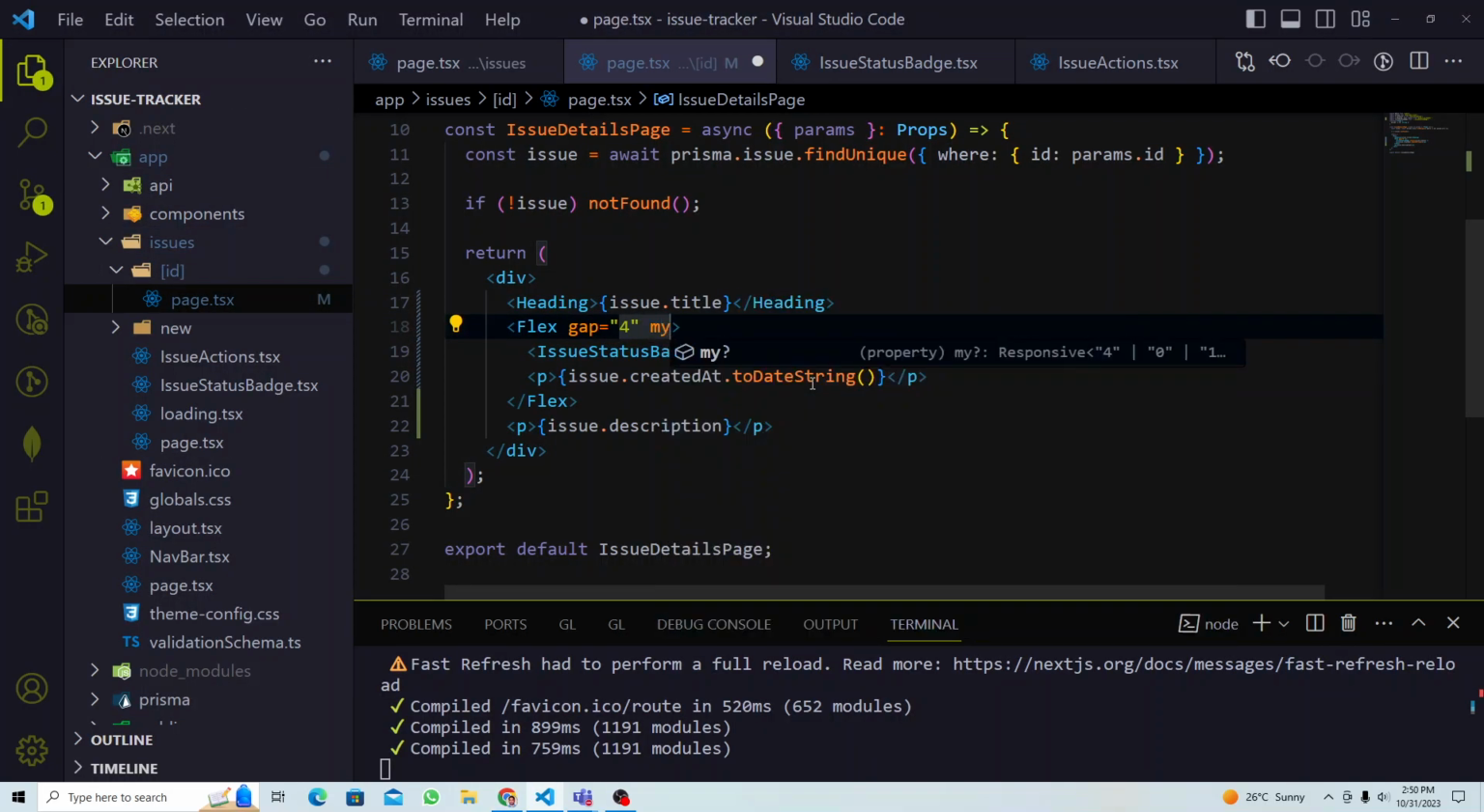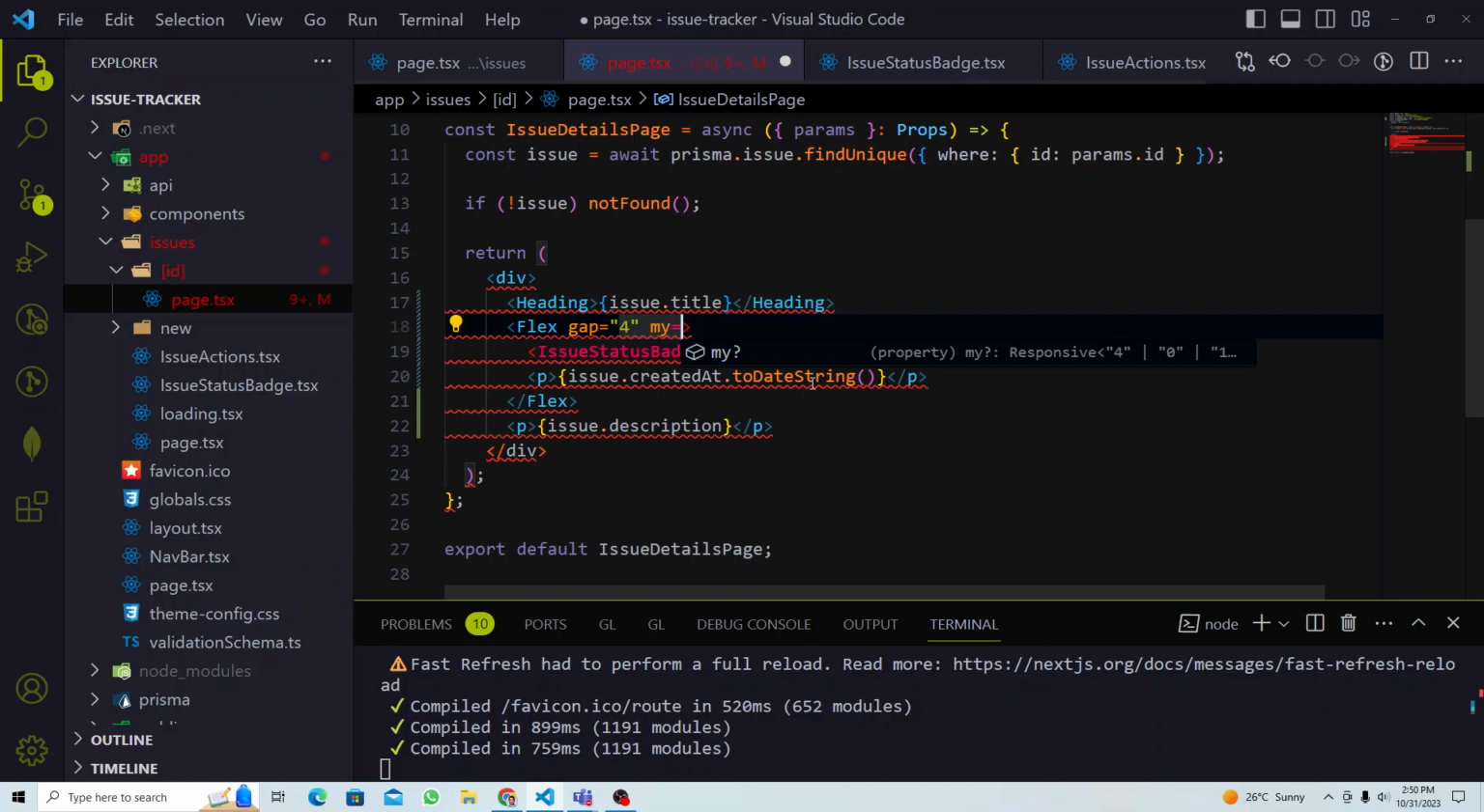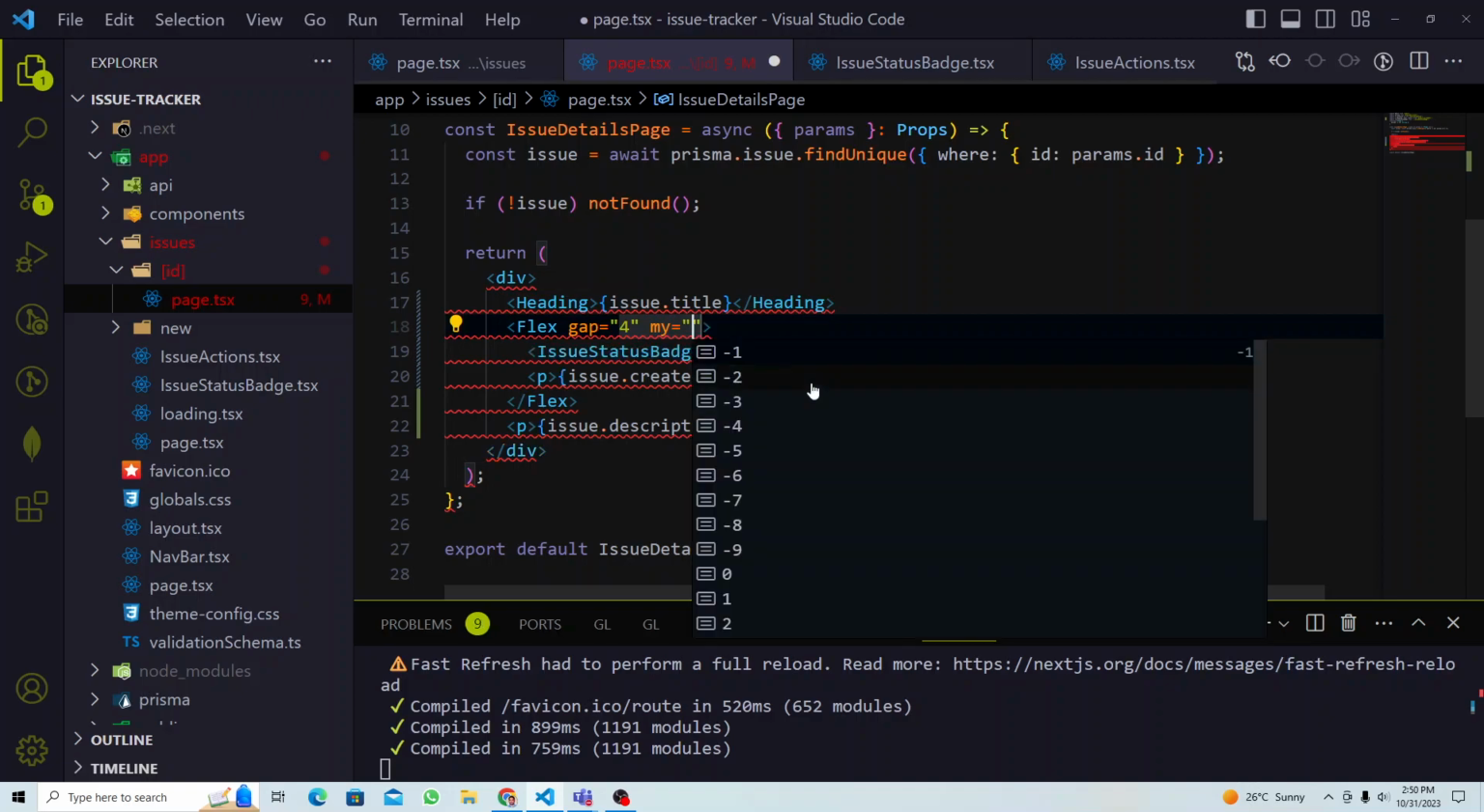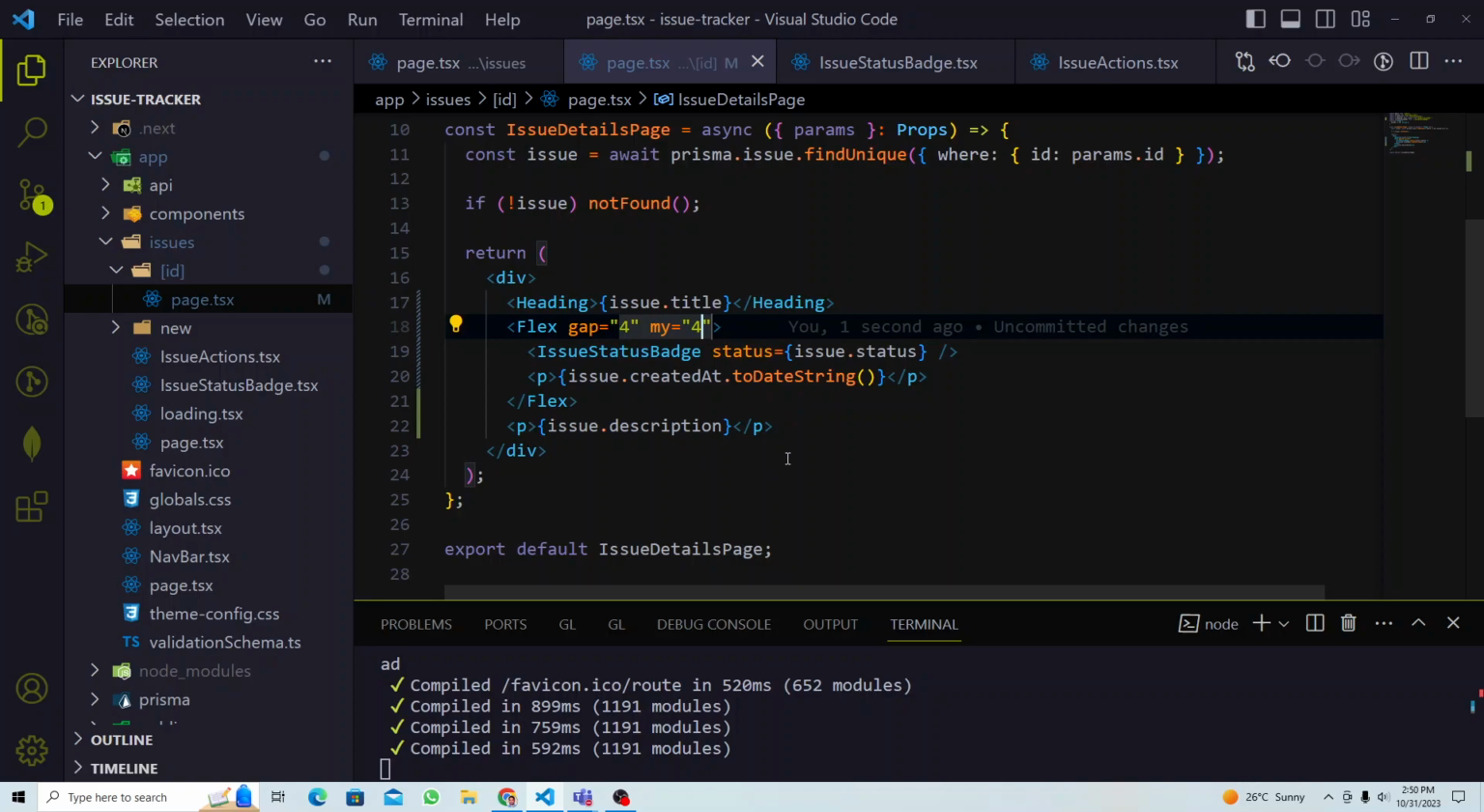Y, and this is some kind of style from the Radix UI. So you have to look at that, maybe 4 also. So that is X and Y axis space, right? Fine. So the next step we're gonna do is